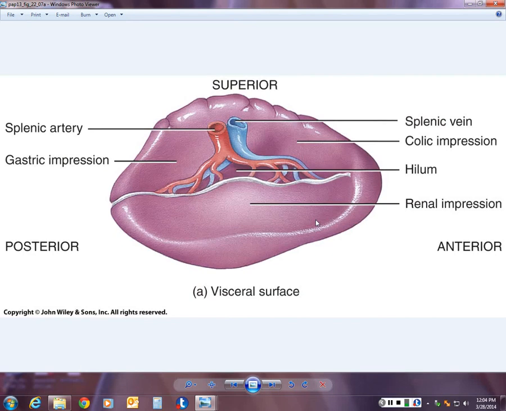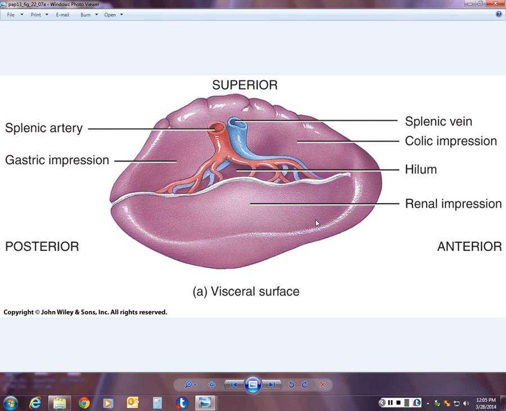The final organ we want to take a look at here is the spleen. The spleen is located in the left upper quadrant of the abdomen. It's a fairly flat bean-like structure, and it has three main functions. The first function is to destroy old red blood cells. Secondly, it stores platelets. And thirdly, it participates in immune responses. So please keep in mind those three functions: destroying old red blood cells, storing platelets, and also participating in immune